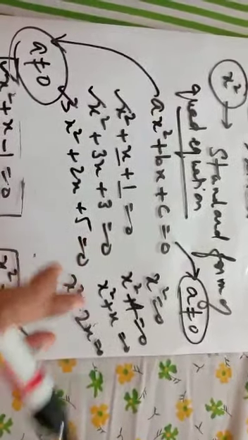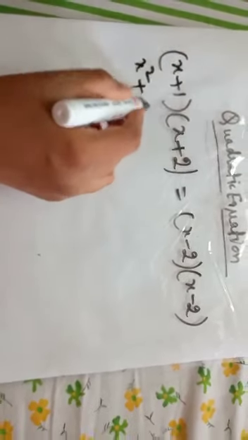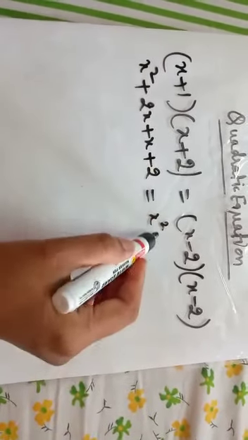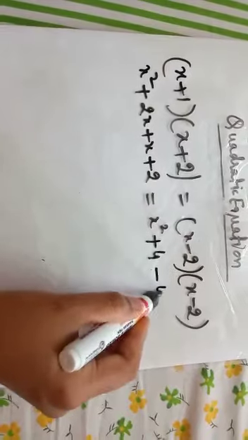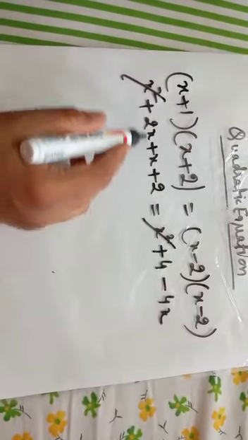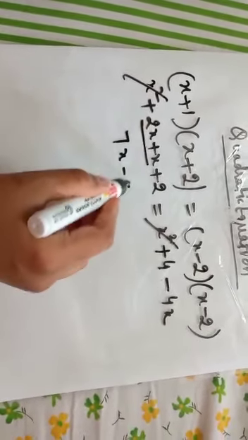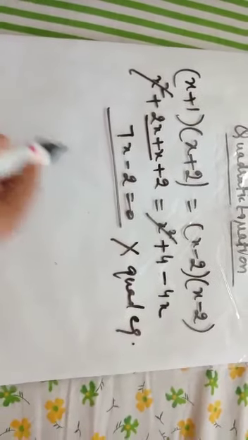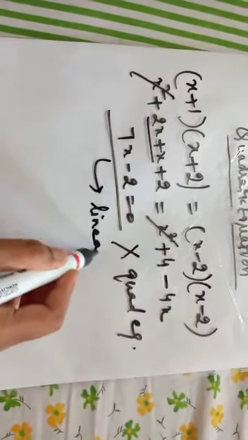So I have taken up some examples just to show what is actually a quadratic equation. Now if somebody is asking me to check whether this is a quadratic equation or not, what will I do? I'll just solve it. x square plus 2x plus x plus 2 is equal to x minus 2 whole square. I'll apply the formula, so x square plus 4 minus 4x. Now this x square gets cancelled. So you can very easily see that this is 3x plus 4x, 7x minus 2 is equal to 0. Now this is not a quadratic equation, since the highest power of the variable is not equal to 2. What is it actually? It is a linear equation.